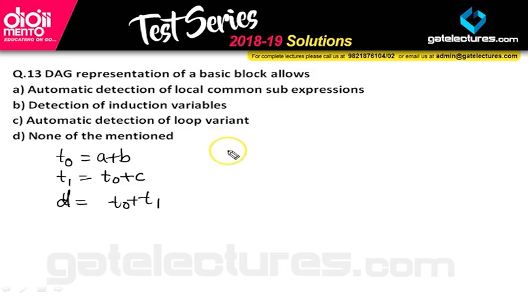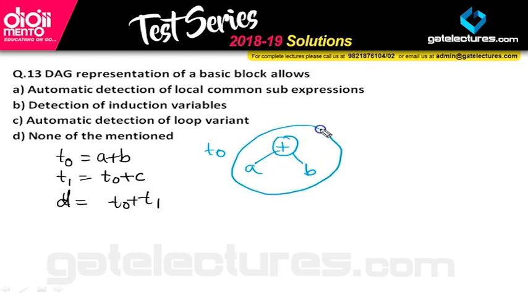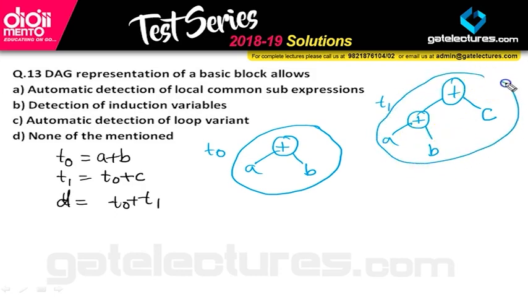Let's make it for T0 first. So how a DAG is designed, it will be A and B. This is for T0, do remember. This is how we design. Now let's look at T1. We are using the same T0, so the same structure will be here, plus A and B. What we are doing actually is adding just C with it. So this is how it is designed. You can see the common sub-expressions. So this is for my T1.